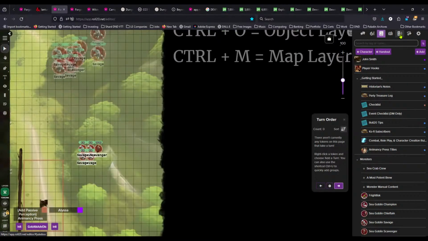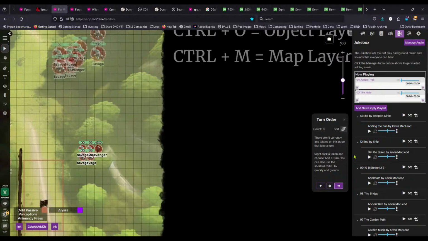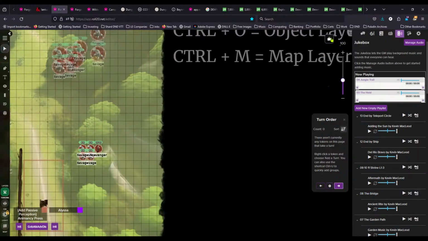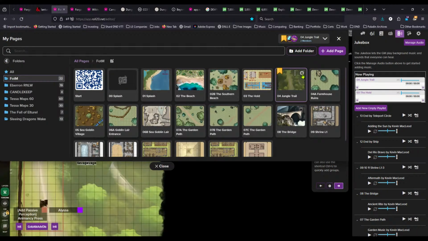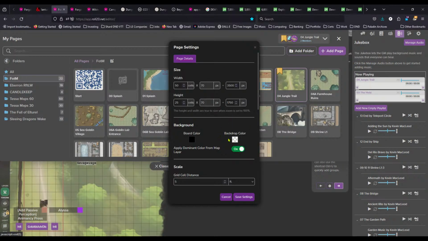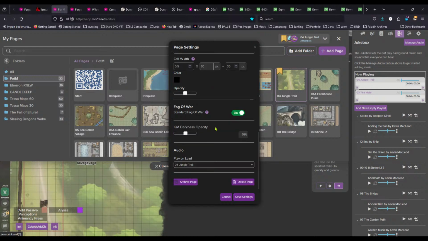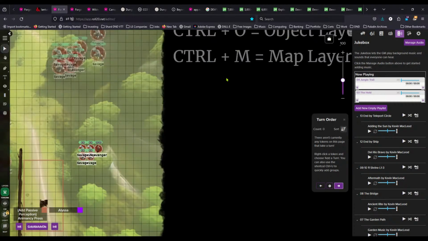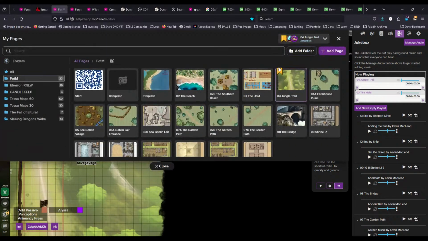So you can either come to the jukebox and find the song among the tons of songs that you have in here, or you can go to the strip here, or the ribbon, or the pages tab, or whatever they're calling it these days, and you can come down to the music, and you can just change this to this, and then back to the jungle trail, which is what I've named it, and then save settings. And then if you change back to this map,